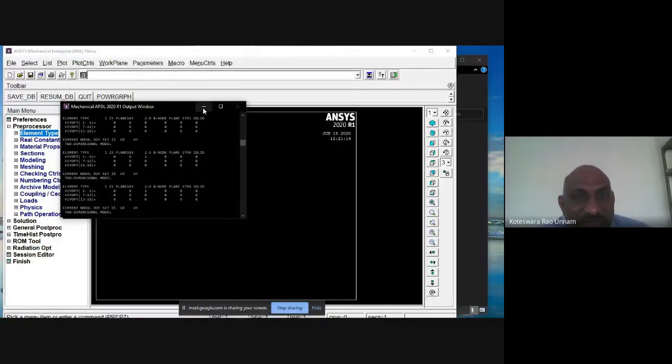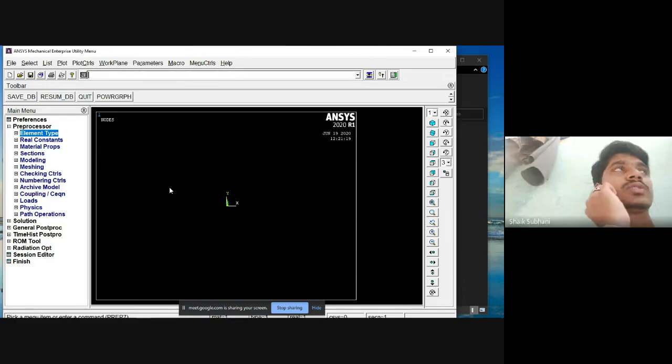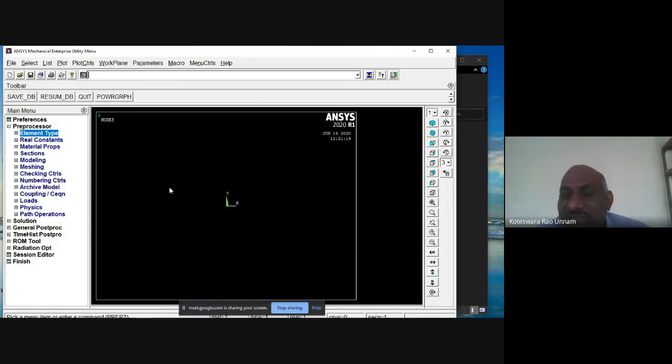Okay, so that's why, at the beginning, when we started the previous problem, we took it as a plane stress approach. Plane stress approach in the sense that you have only sigma x, sigma y, and tau xy. The other stress values, sigma z, tau yz, tau zx, are zeros. If you do the analysis, you will get those stress values as zeros only. In case of plane strain, strain values are zeros in a plane which is perpendicular to the given plane. So epsilon z, epsilon yz, epsilon zx are zeros.